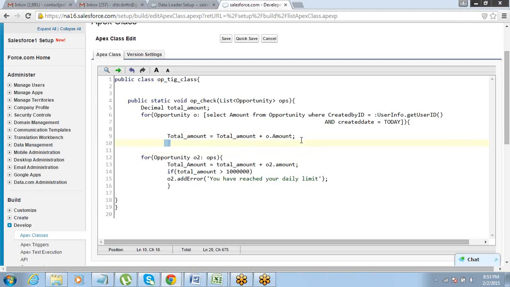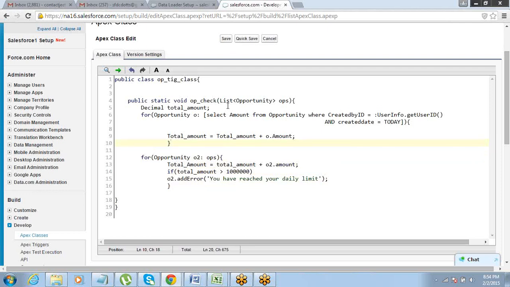Then it should add the current record and see if the sum of all the existing records plus the current record makes it 1 million or not. If that exceeds 1 million, then it should throw the error: you have reached your daily limit. Got that? This is the simple logic we have used.